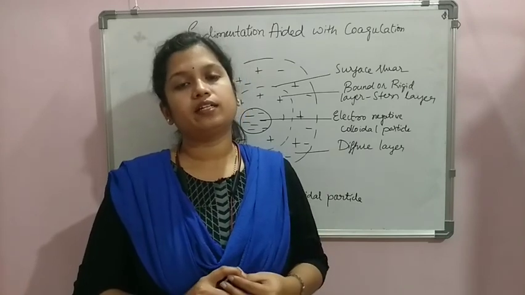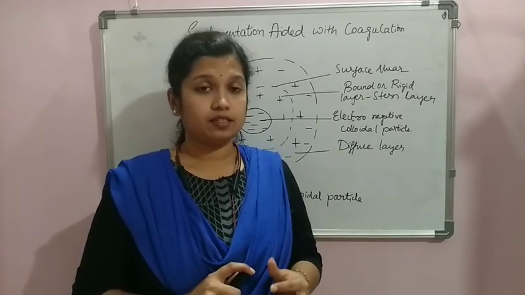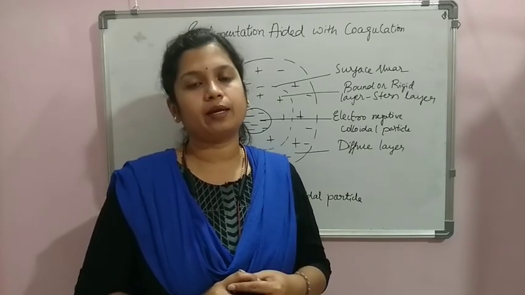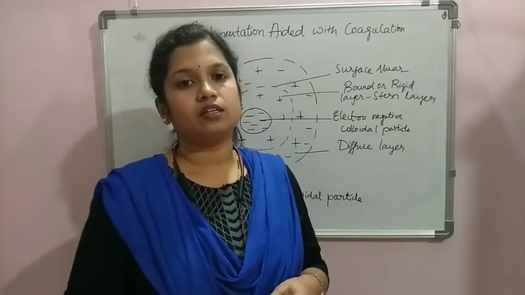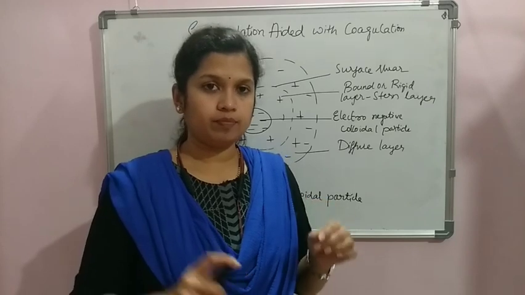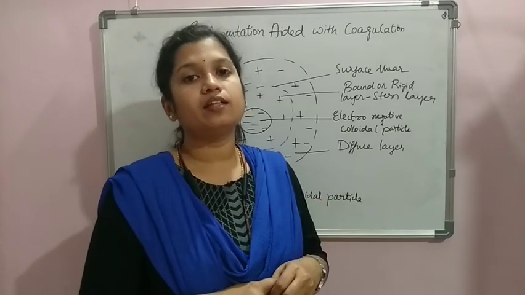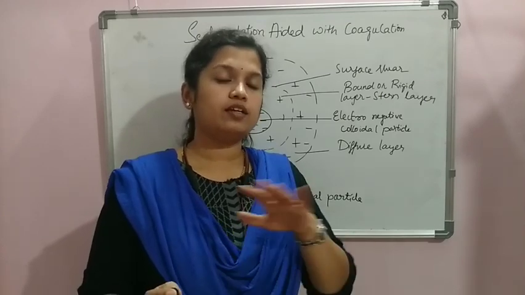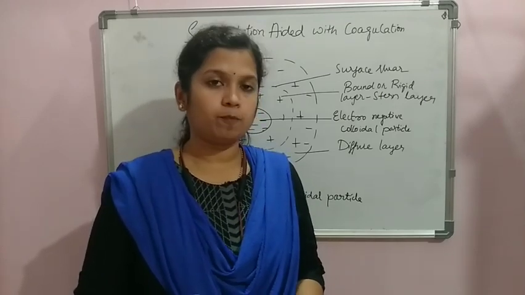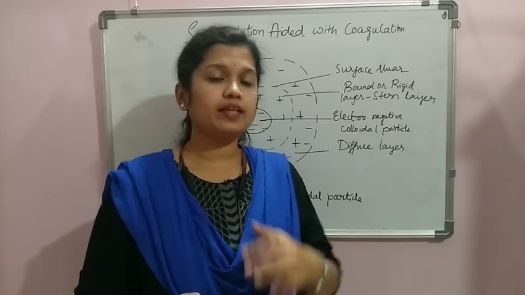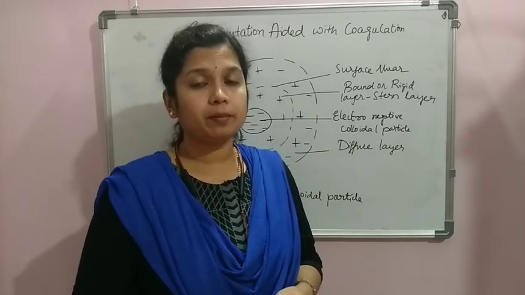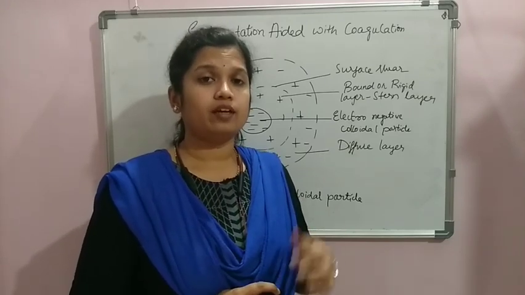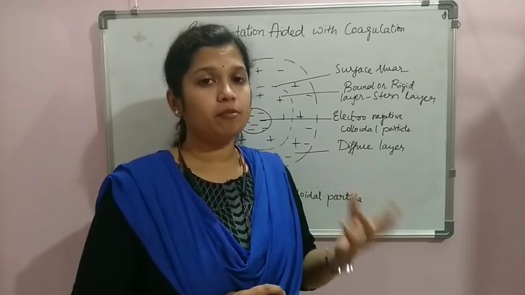Why do the colloidal particles get suspended in the water? Most of the fine colloidal suspended particles, for example clay particles, are negatively charged. Since the charge is the same, they repel each other and remain in suspension. Because of that repelling action, they don't come to the bottom and settle down. So in order to make them settle, we add chemicals called coagulants into the water. They work successfully in removing the colloidal particles.